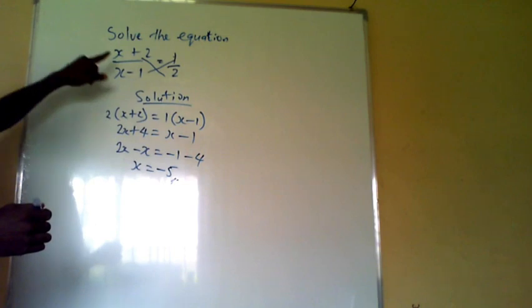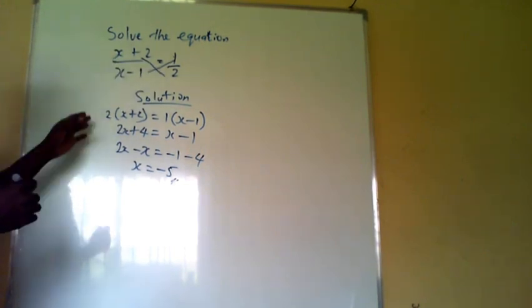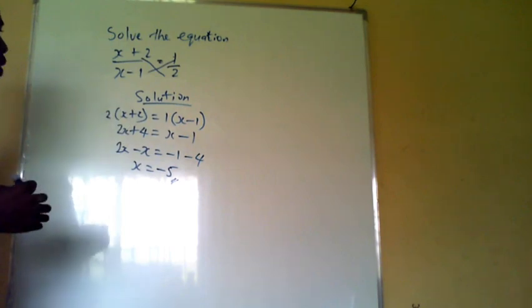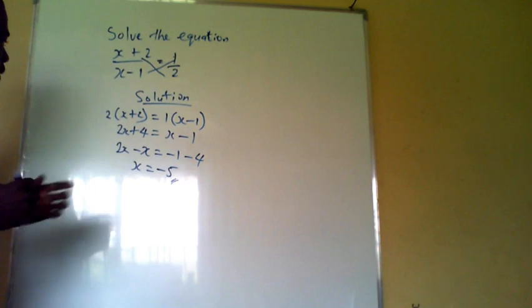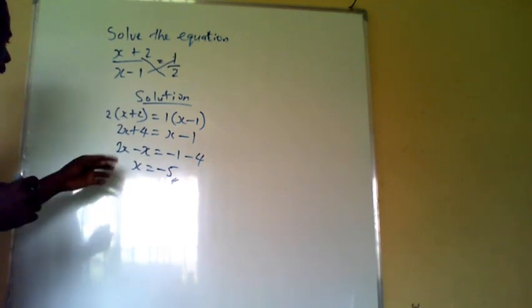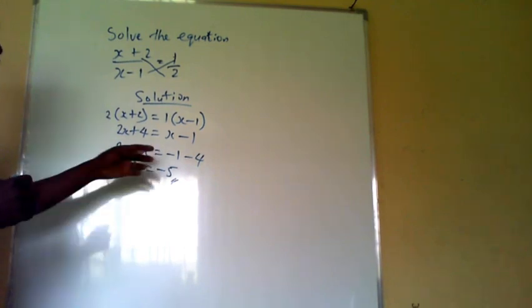Remember the steps again: you cross multiply. When you cross multiply, you open up the bracket. When you open up the bracket, you collect like terms. And when you collect like terms, you have 2x minus x is equal to minus 1 minus